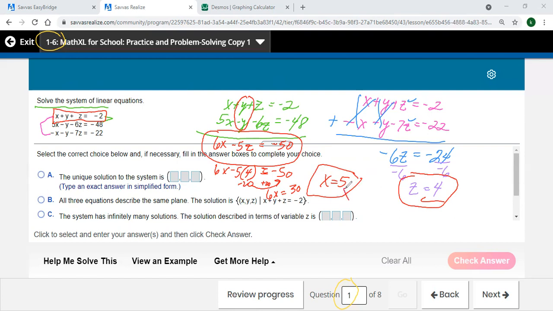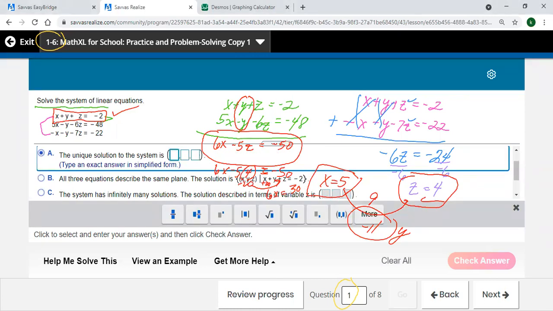Well, what do I have so far? Adding these two, the x and the z, 5 and 4, I have 9. It's supposed to equal -2. So 9 and a -11 would make -2. So that's what I'm going to have for my y. And then we just put them in. So we have one solution